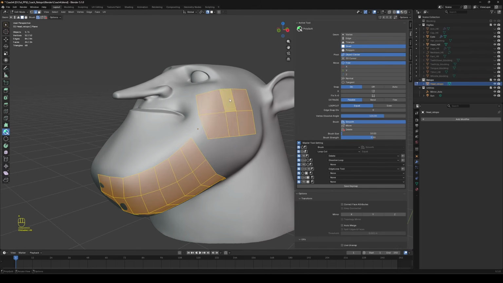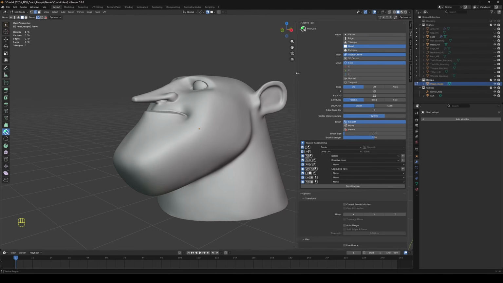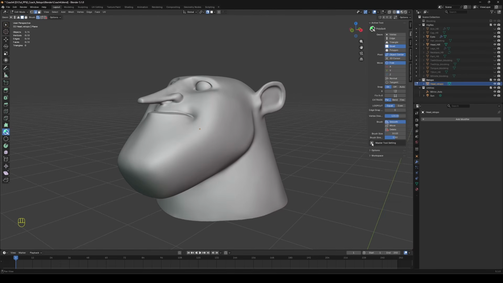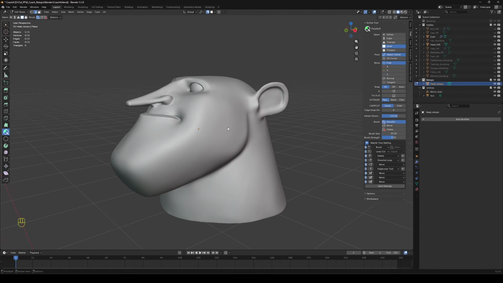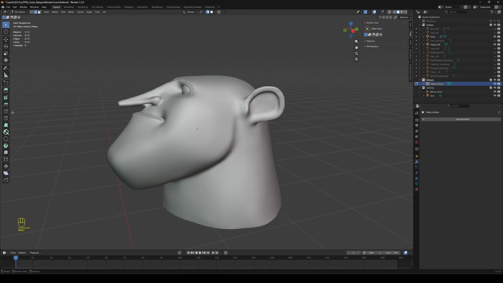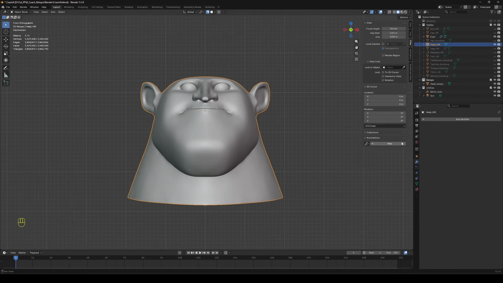I just select everything and delete it, make a bit of space, and we are good to go. I will keep an eye on my shortcuts so I remember which ones I'm using. Now, I've got my hair poly mesh and my retopo setup ready, so we can start building the retopology. But before jumping in, something I really recommend is to take a moment to analyze your mesh. A great way to do that is by using the annotation tools,